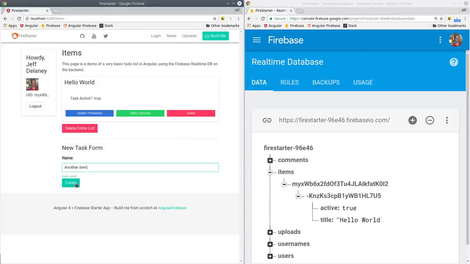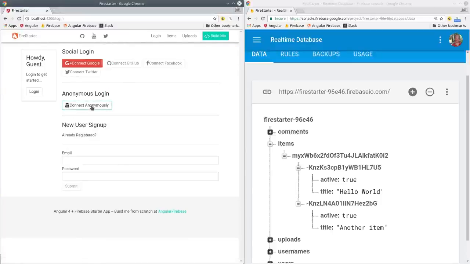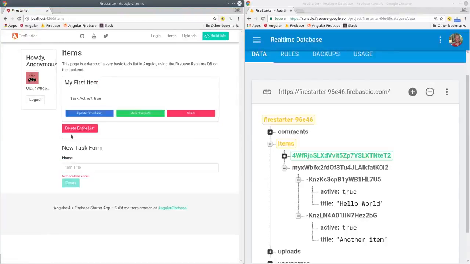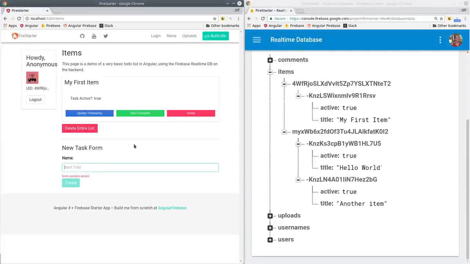Back in the app, we can see that when we create a new item, it's nested under that user's user ID as expected. If we log out and log in with a different user, we shouldn't see any items in the feed, which we don't. And if we create a new item with this user, their data is nested under their user ID, essentially separating